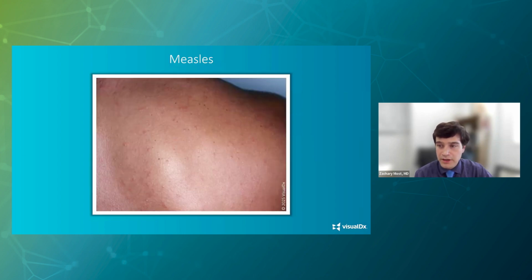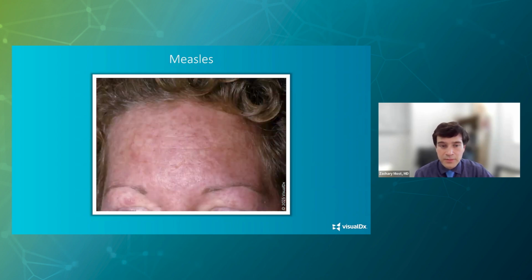This one is more predominantly maculopapular with a lot of raised lesions on the back here. Here's a picture of a measles rash on a patient's forehead. And this is really notable because quite often this is around the time patients are presenting for care, early when this rash has first started spreading. And the rash may be most prominent on the forehead or the scalp or hairline area. And you can see again here this diffuse macular, somewhat maculopapular rash in this image as well.